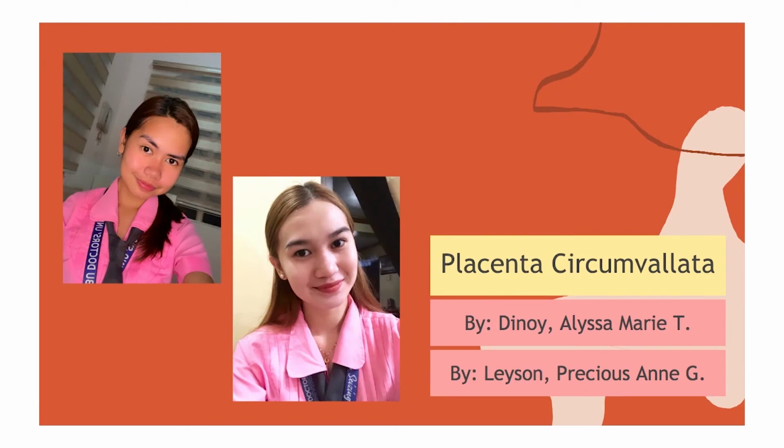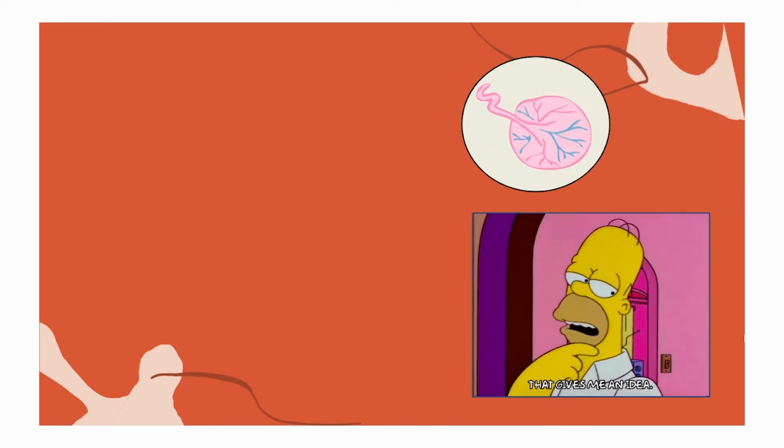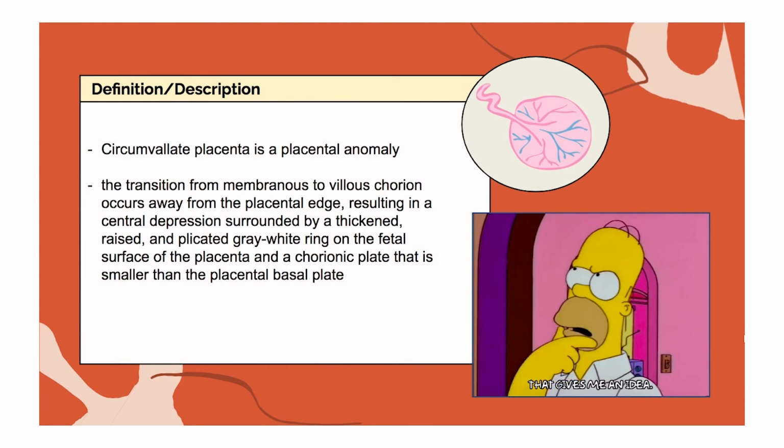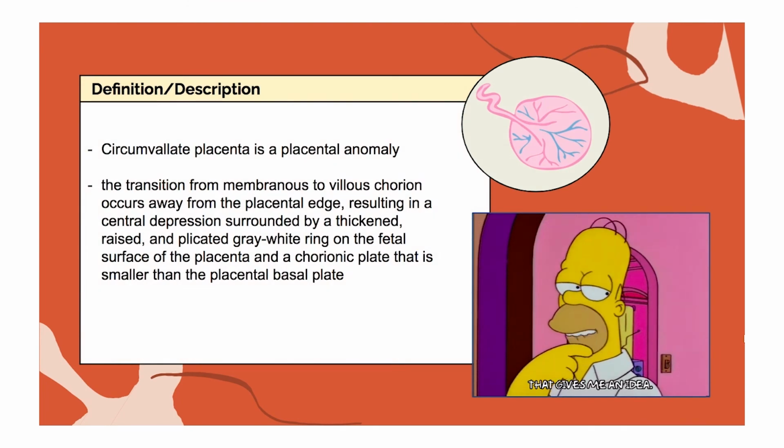Placenta circumvallate. It will be reported by Dino Eliza Marti and Layson Precious Angie. For the definition, circumvallate placenta is a placental anomaly in which the transition from membranous to villous chorion occurs away from the placental edge, resulting in a central depression that is surrounded by a thickened, raised, gray-white ring on the fetal surface of the placenta, and a chorionic plate that is smaller than the placental